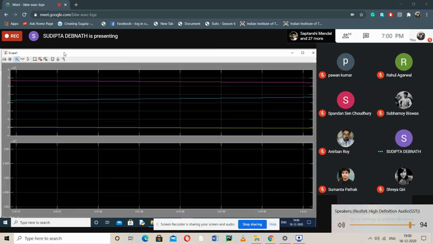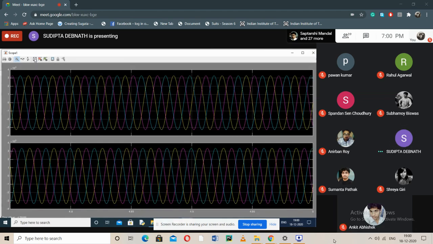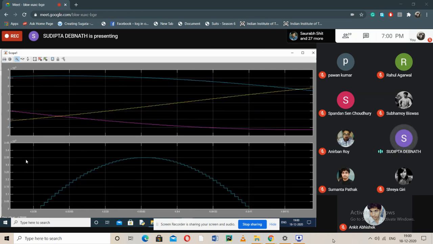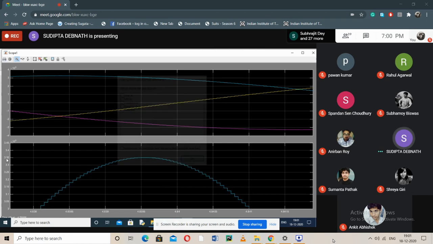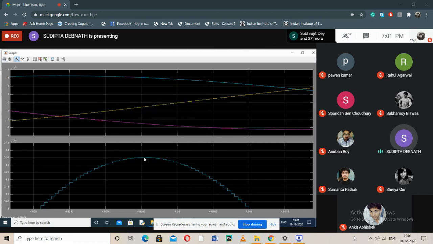What happens? See, what is the receiving end voltage? You find out. Receiving end voltage becomes 335 kilovolt. This is number 5. 3.35 into 10 to the power 5 volts or 335 kilovolt. Now, can you see the sending end voltage was 326.6, but here receiving end voltage is 335. So there is an increase in the receiving end voltage when the load is 500 megawatt.